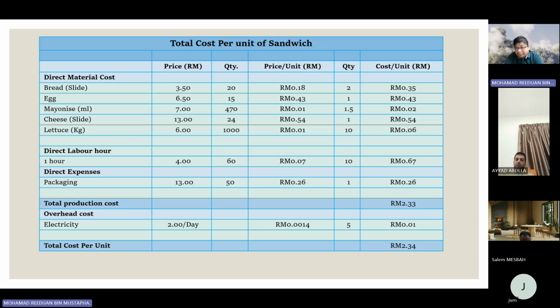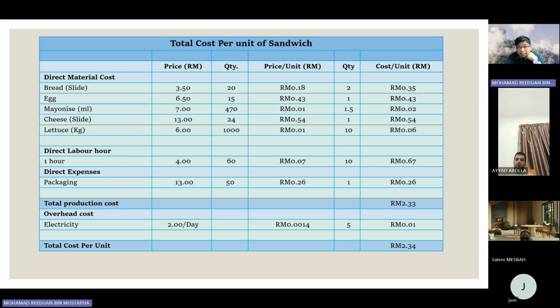And because the bottle is fit for 5 liters, then your cost per unit is for 5 liters. So this is how you identify, because it's easy for you to make a decision, and then to see your cost of good manufacturing, to see your cost of good. So like this sandwich, you see